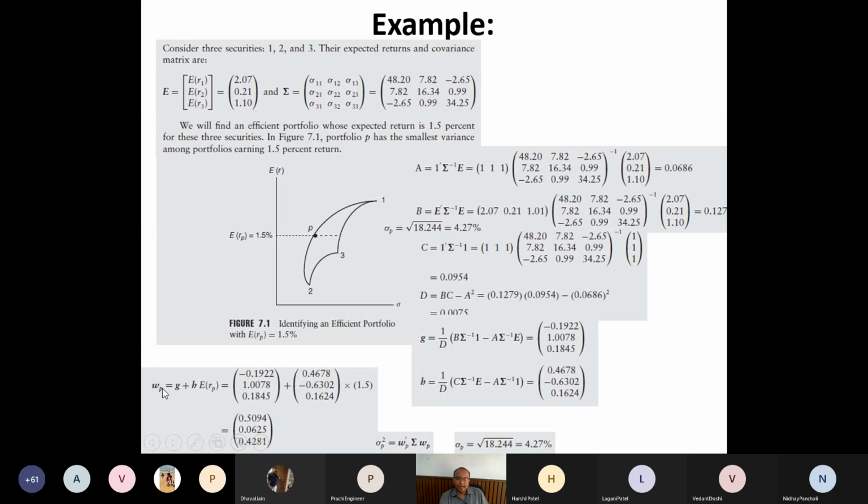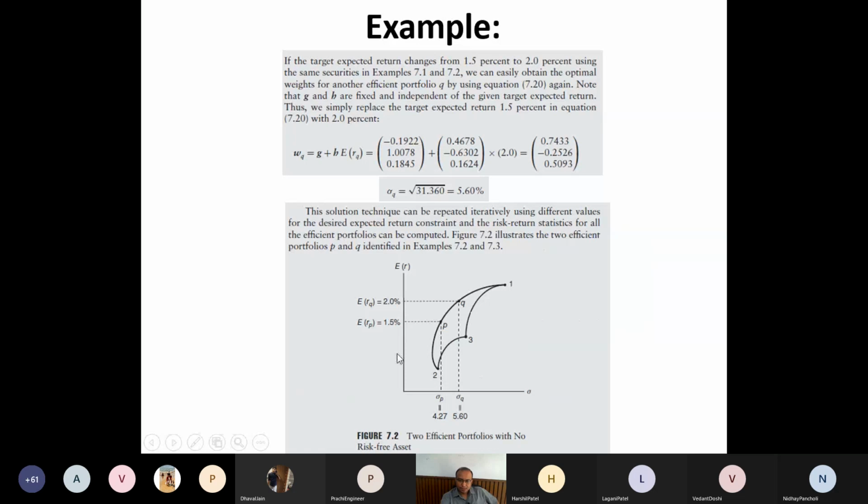So our goal is to find the weights. I want to invest in these three securities. I know the expected return from past data, which we will see practically in the upcoming experiments. Then we also know the risk matrix given by the covariance matrix. We will also see how to calculate this risk matrix or covariance matrix from historical data. Based on these two pieces of information and my required expected return from the portfolio, I calculate all the quantities and arrive at my weights to achieve this goal and the associated risk.